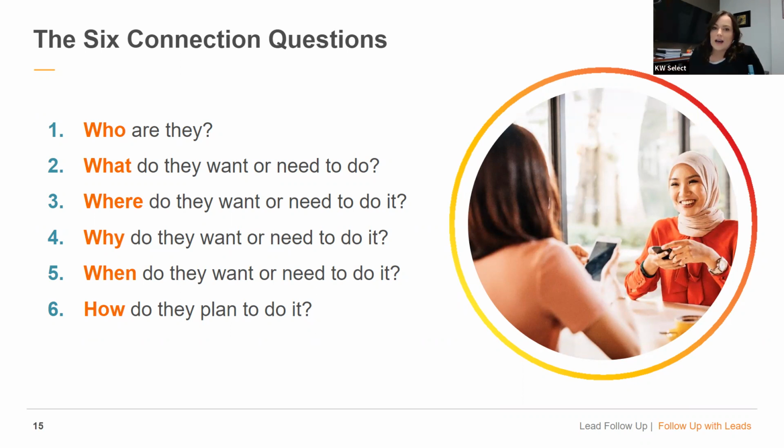You're also going to find in your guide a list of questions categorized by buyers and sellers, depending on who you're talking to. As you go through that connection process and cultivate the relationship, you're going to learn more about the person and what they're looking to do. As you learn if they're looking to buy or sell, you can use those questions to start digging in deeper.